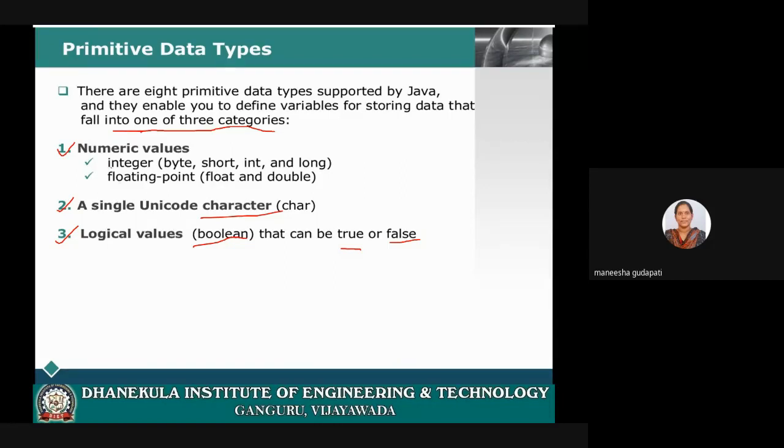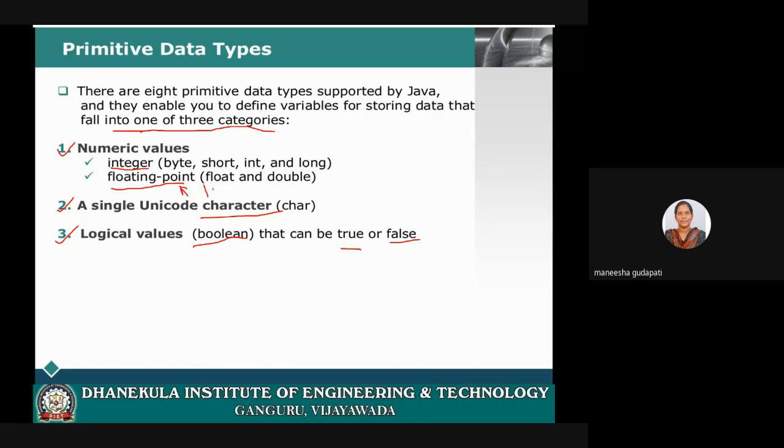What do you mean by integer? Any number which does not have decimal values, that means which does not have fractional values, you can consider that number an integer. Next, what is floating point? Floating point means a number which has a fractional part.